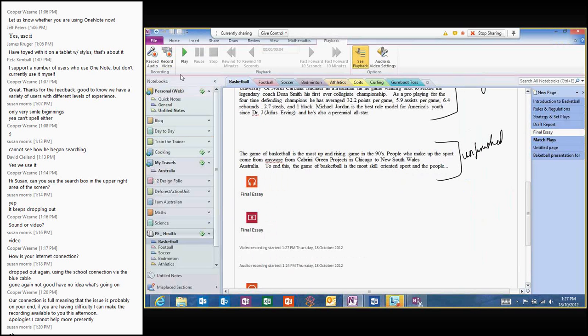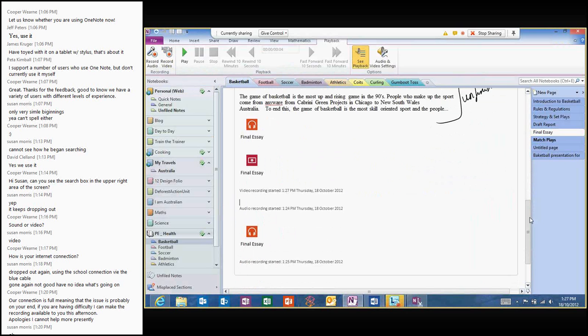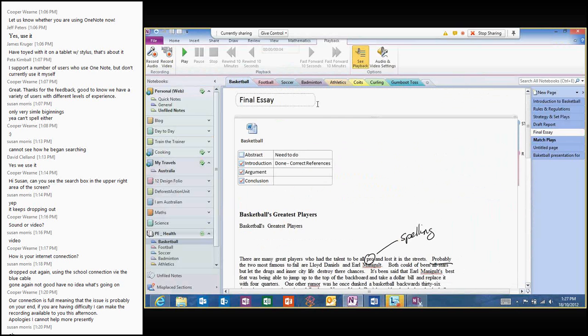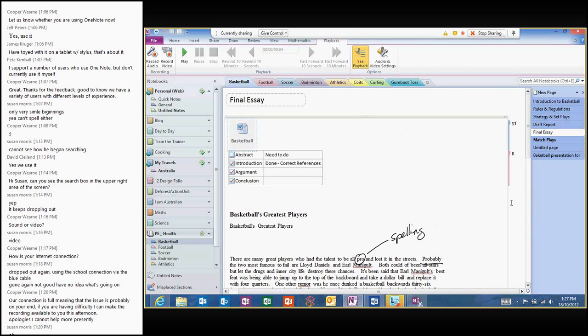If I was to record video, it just pulls up the webcam on my laptop, and the students were using their laptops to record themselves in circus class, and they were taking videos, and as they rewatched the video, as they typed notes, and I can't demonstrate here because we're in Link, but as they were viewing the video and as they typed notes, just like I can do here, you're just typing away,